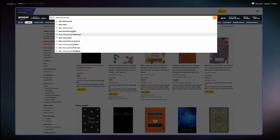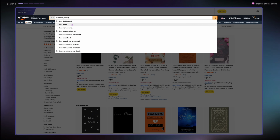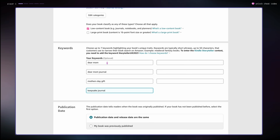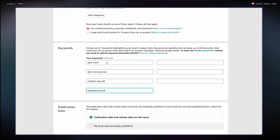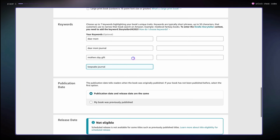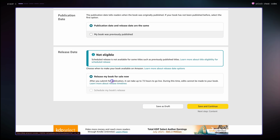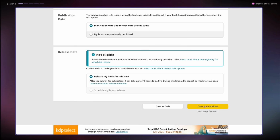I mean, yours is not a hardback, but you can use any words here to also get more keywords. Just make sure to fill in all 7 because this is how you're going to get found without having to do a bunch of ads or anything like that, just using Amazon's inbuilt feature. And then for the release date, we just want to say release my book for sale now. It's going to take up to 72 hours for it to be approved and go live, but just click